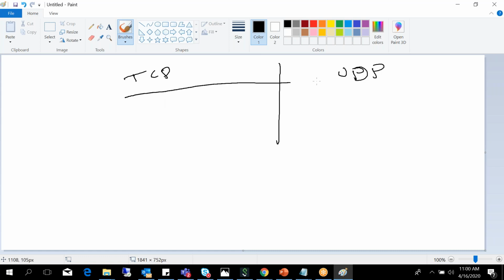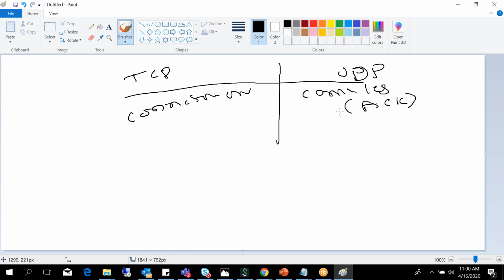TCP is connection oriented, while UDP is connectionless. Here a proper acknowledgement should be there, while in UDP there is no acknowledgement. TCP is reliable but slow.